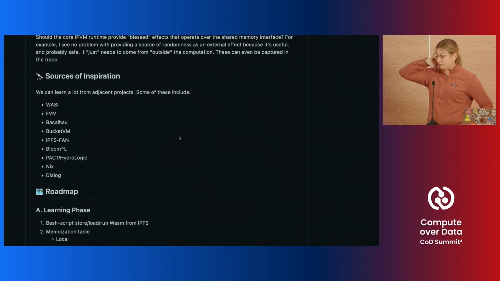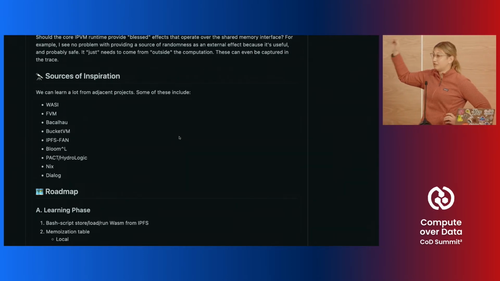Some projects that we're hoping to learn from. Oh yeah, IPFS fan as well, which is an existing project from a couple years ago. If you haven't seen the PACT/Hydrologic or Bloom stuff out of Berkeley Orders of Magnitude, it's fantastic. They did this paper late last year called New Directions for Cloud Computing, which describes 85% of what I just presented. I only saw this paper 2 weeks ago. I'm like, people are already working on this stuff. Amazing. If you can frame stuff in Bloom or Hydrologic, you get massive improvements in performance. It's fantastic.